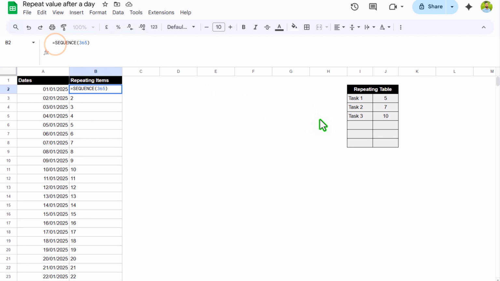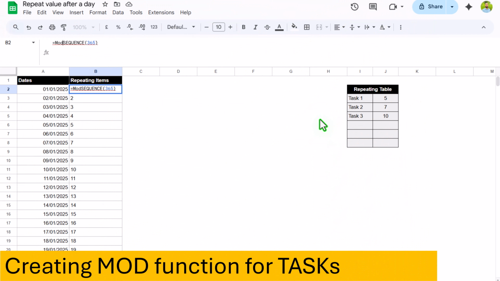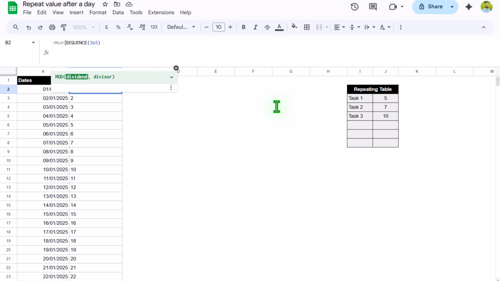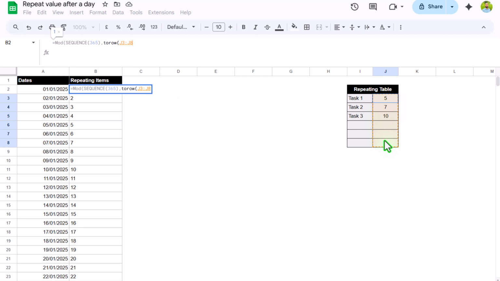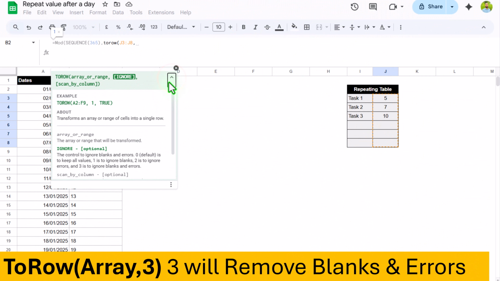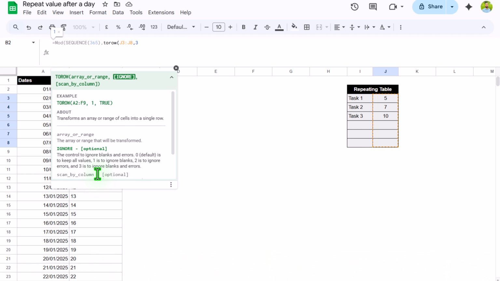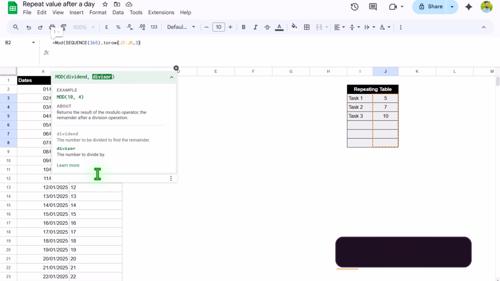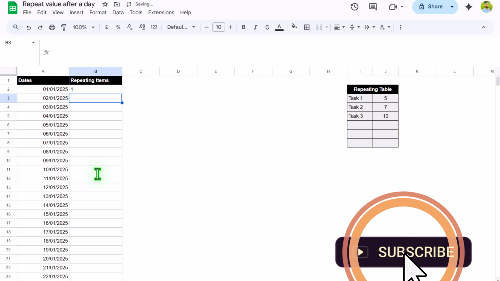After the equal sign, we need to type the MOD function. Open parenthesis, what is the dividend? This whole SEQUENCE function is my dividend. Hit comma, and for the divisor I will simply type the TOROW function. Open parenthesis, what is the array? I will select all of the cycle of repetition along with the blank cell. Hit comma, and for the ignore parameter we need to type 3, since 3 will ignore blanks and errors. Simply type 3, close parenthesis for the TOROW function, close parenthesis for the MOD function, hit enter, and currently we get